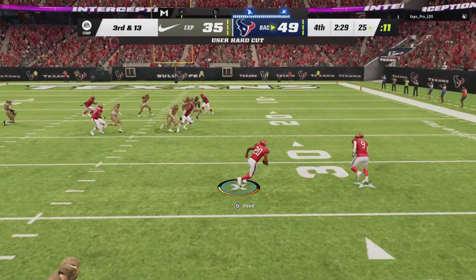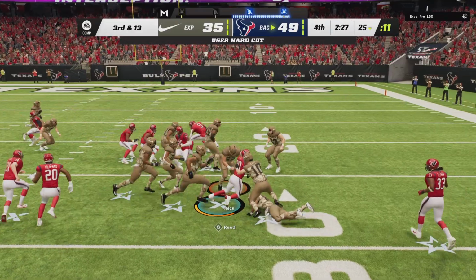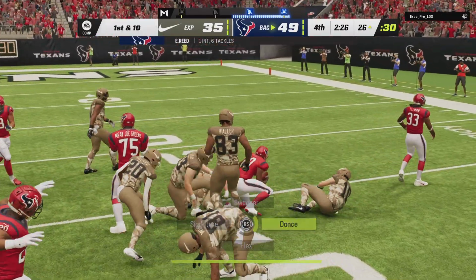And this is intercepted, and that should do it. Snatched by the safety Ed Reed, and the Texans are going to...